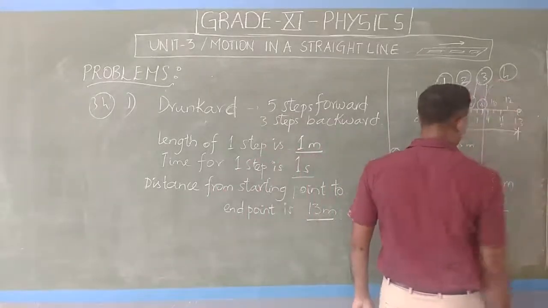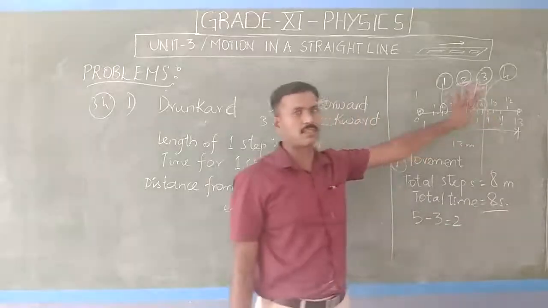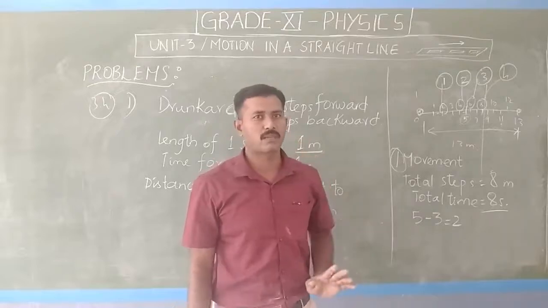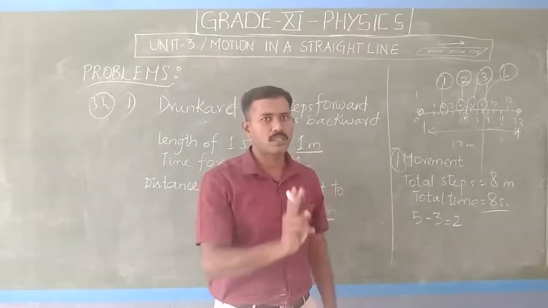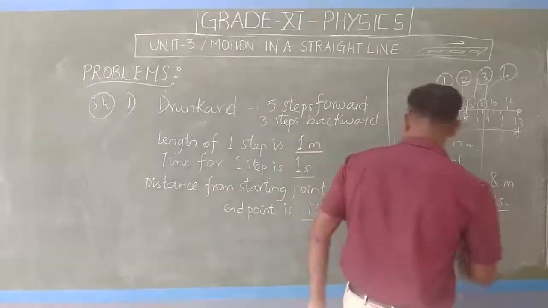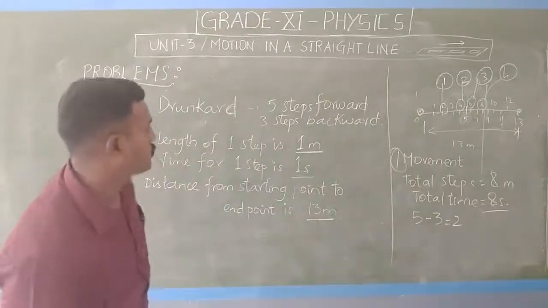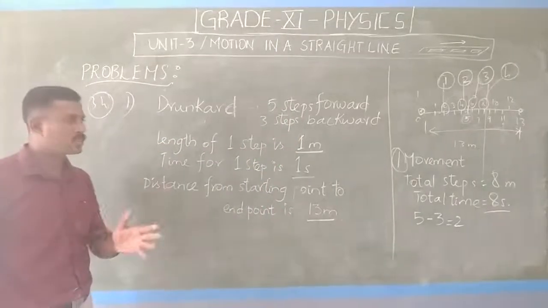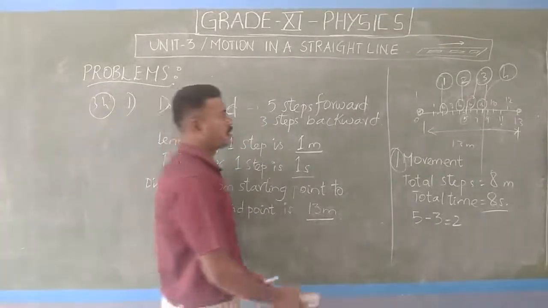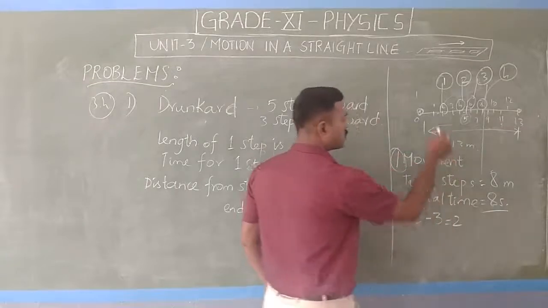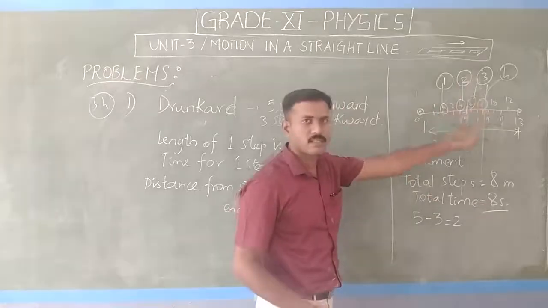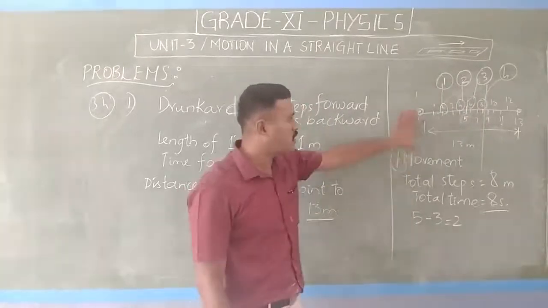So how many completed movements? 4 complete movements with one movement in forward direction alone. So the number of movements is, I'll give a few seconds to just listen to everything. Just copy this. Make a line like this. Make it graphically. Mark the points like this. An interesting problem it is.